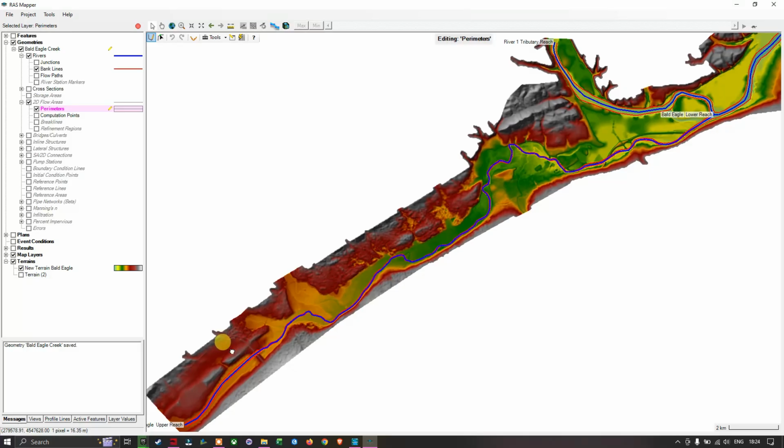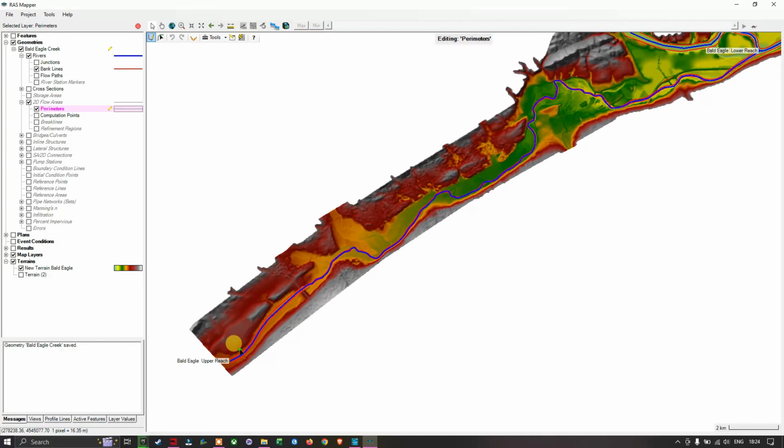We're going to start from here, right from the Bald Eagle Upper Creek. Starting here, we're going to place a point, covering all the floodplain area along with a few elevated areas across the floodplain areas. We're going to draw the perimeter covering all the floodplain areas. Use the left key of your mouse to place a point over the floodplain areas in the study region. So we're going to proceed here,